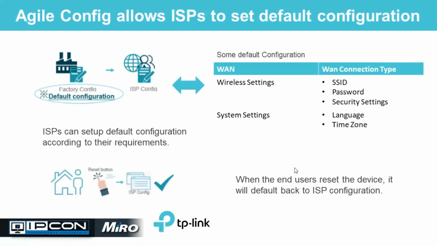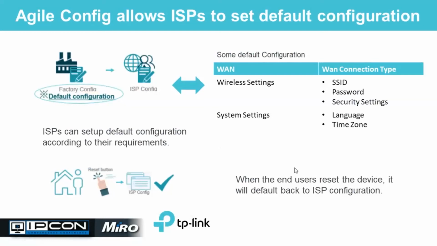With Agile Configuration, as I mentioned, you can batch configure these routers with however many ports you have available. You can plug in your various routers, and you can configure them at your premises before they're rolled out. So things like your general wireless settings, your SSID, password, security settings, system settings like language, time zone, etc. can all be pre-configured